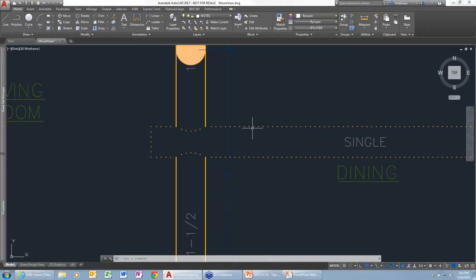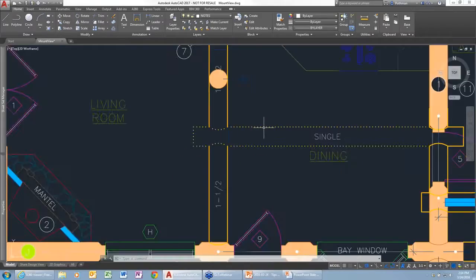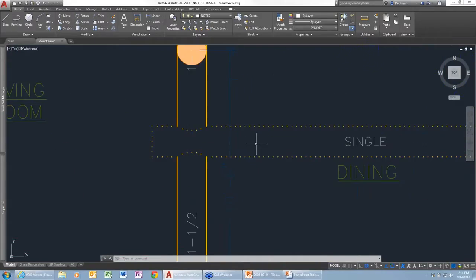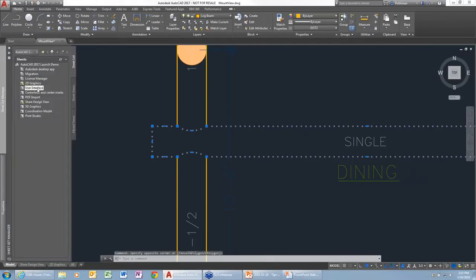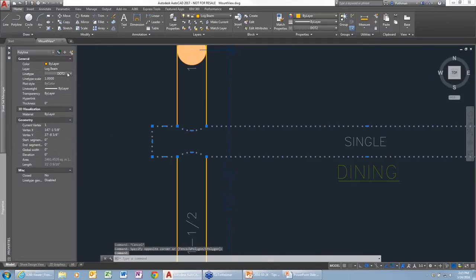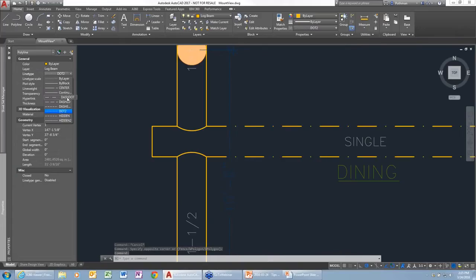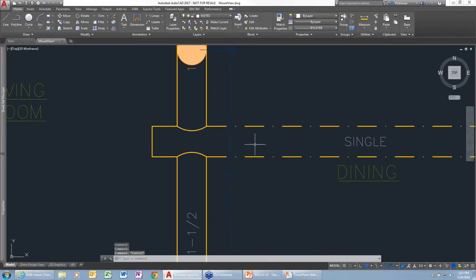Instead of just a single pixel showing up as the dot, you actually have a dot that will show with the line type itself or the line width, so that you see something that is really graphically presentable. I'm going to change this from dots to the dash dot, and again you can see that things are visible